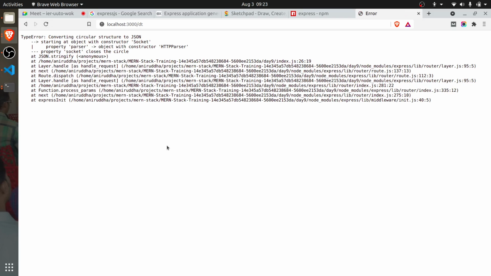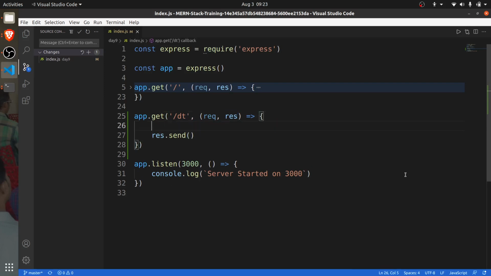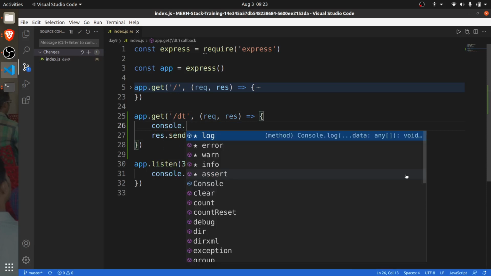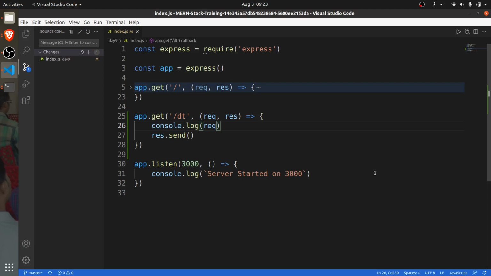There is an error because this is not actually a JSON, it is something different. That's why you are getting an error. But just say response.send, and before sending, console.log request, and let us see again.